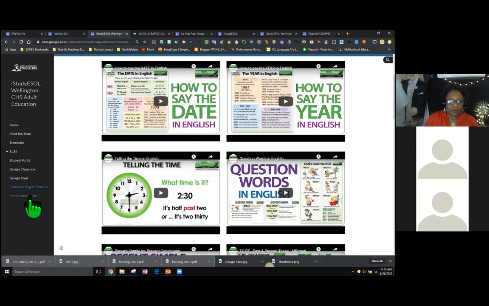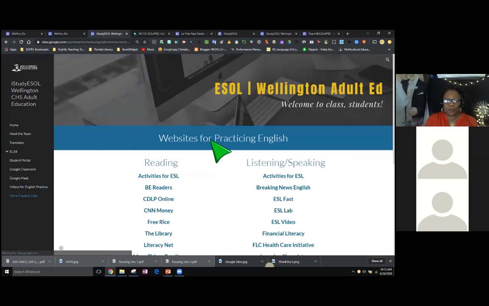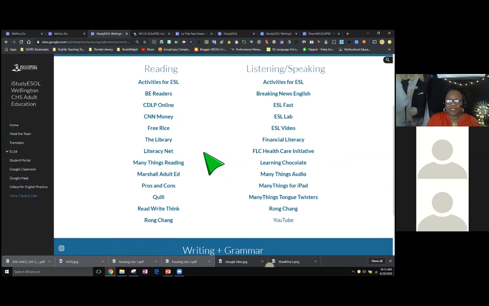In addition, we've provided a tab, and you will notice that on this site, the tabs are on the side, and I will show you how to do that in a few minutes, whereas earlier on the tabs were at the top. On this site, we also have a page that offers them links to more practice, supplemental resources that they can click to at their own pace in their own time, so that would be asynchronously, they could go ahead and click into these links and these resources and access things that they can further use for practice.